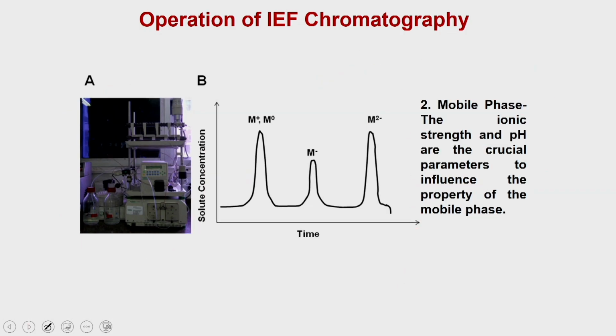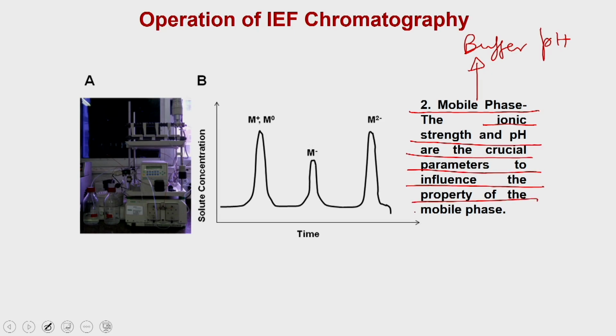Then you equilibrate the column with the mobile phase. Mobile phase is nothing but the buffer. So, you have to choose the buffer as well as the pH at which you would like to perform the cation or anion exchange chromatography. The ionic strength and the pH are crucial parameters that influence the property of the mobile phase, which means that if you use a buffer of high ionic strength, it may withstand minute changes of pH. Now, the third step is